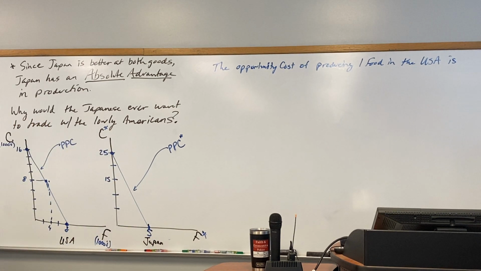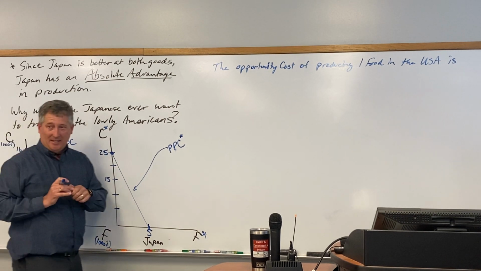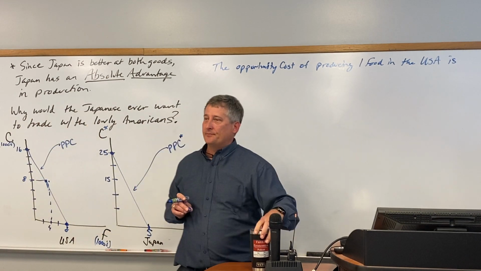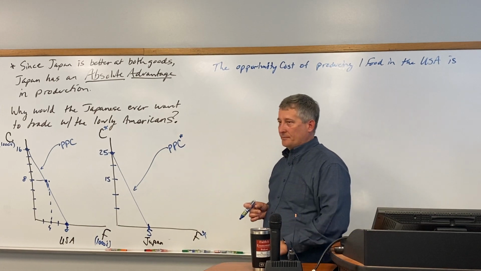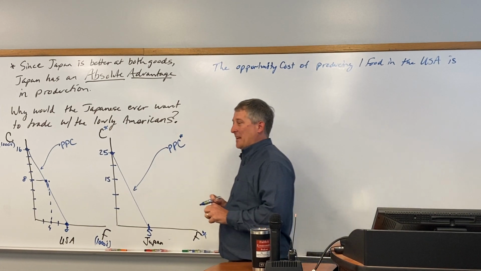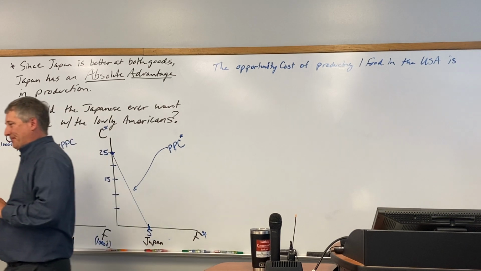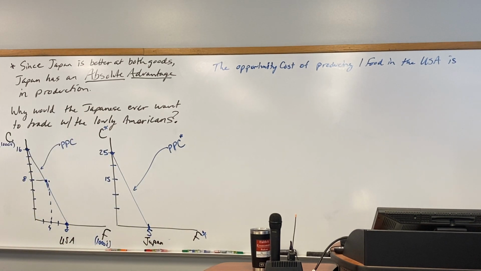Jesse? 2 cars. 2 cars. How'd you get it? Because 4 is 8 divided by 2. 4 is 8 divided by 2, yes. But did we just kind of pluck those numbers out of the air? No. Okay. Can you lay it out a little better? All right, you're on the right track. I can't remember, because this is like what we did in the first chapter of Macroeconomics. It is, yep. We're doing the same thing. For every 1 car they make,